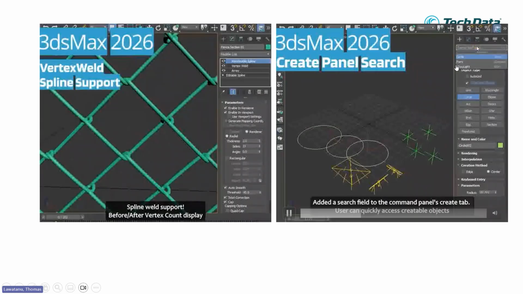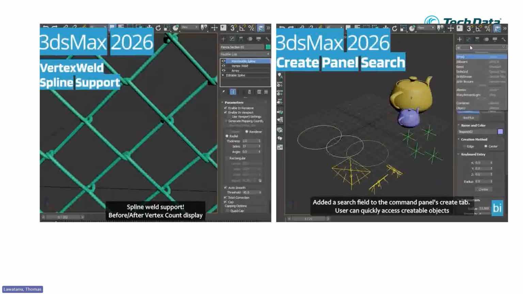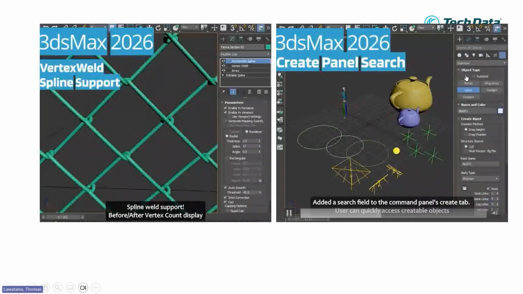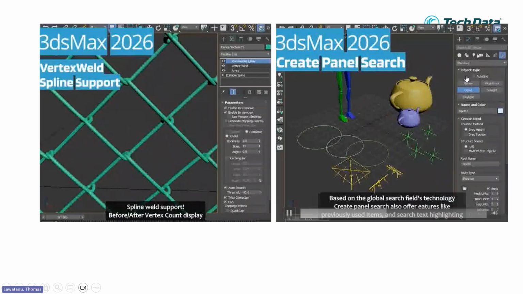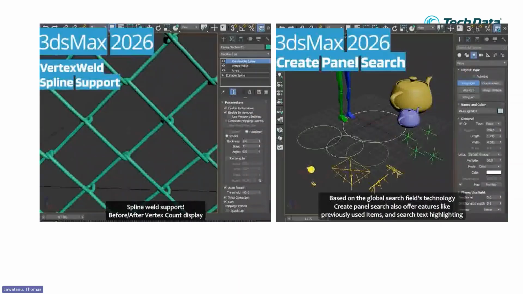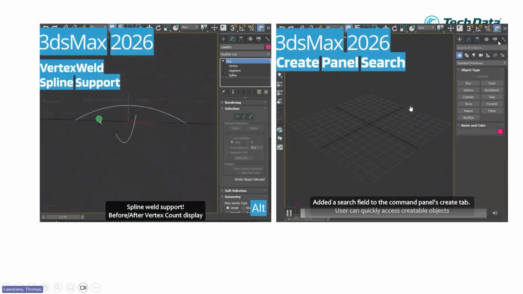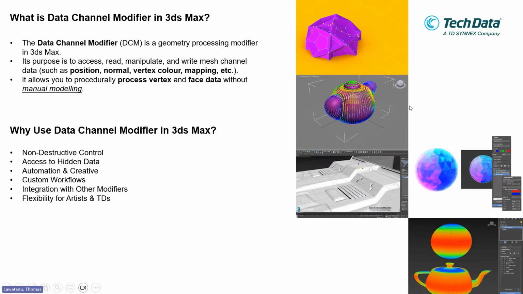There is a panel search in modifiers, and when you type any modifier, it automatically drops down. It's more helpful for looking or searching for any modifier in 3ds Max. So this is new from 2026.